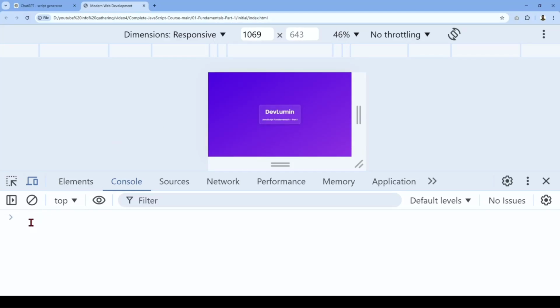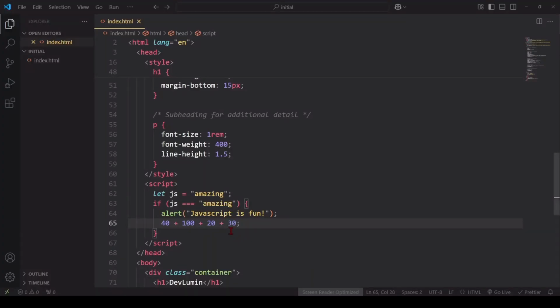So in order to show the results of the calculations which we are doing in our JavaScript code, we have to use one important function which is console.log. After using console.log, we are able to see our calculation results in the browser.